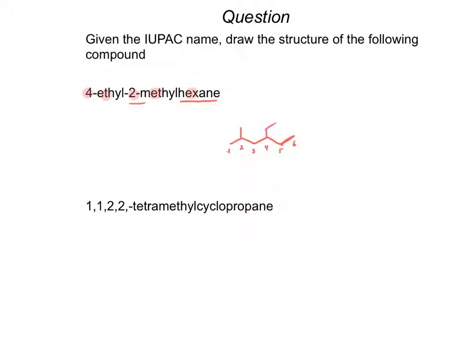And then finally we have a long name: 1,1,2,2-tetramethylcyclopropane. The first thing I'm going to do is draw the parent. Cyclopropane is a 3-carbon cyclized ring. Propane again is 3 carbons, and cyclo tells us it's a ring. For this one I can start numbering wherever I want to. Maybe I'm going to draw a bigger ring. So we get this nice triangle,